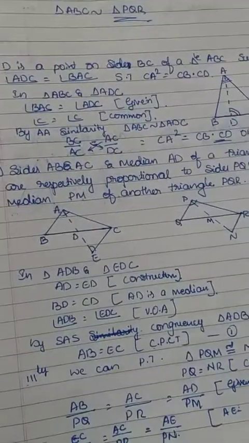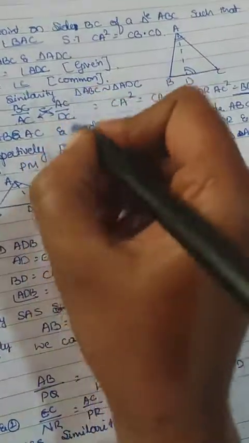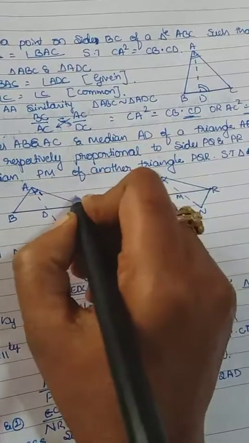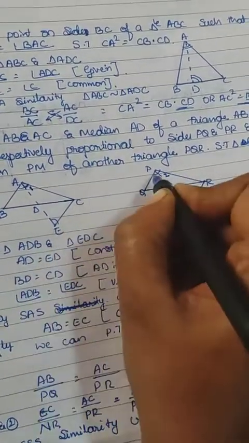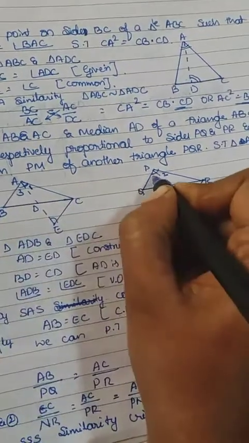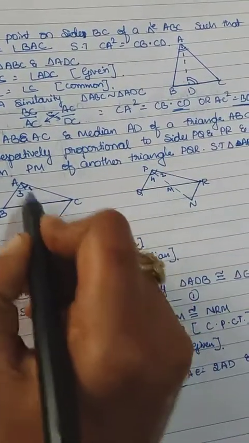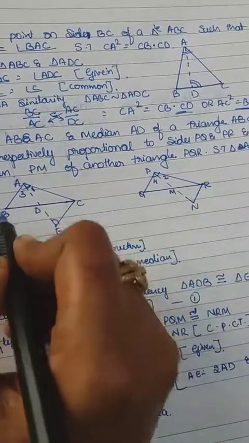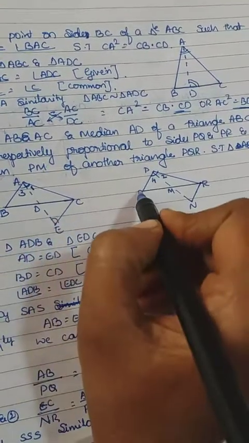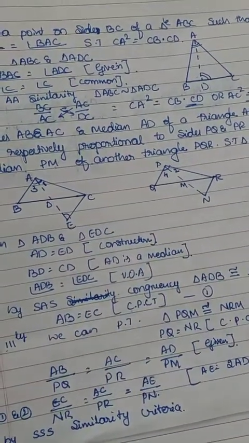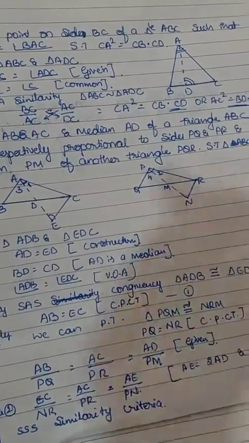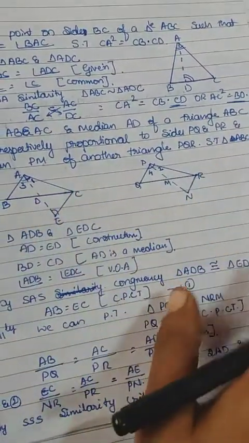And also angle 1, here we have to take these angles. Consider this angle should be 1, because they are proportional, and 2, and this is 3, and this is 4. Which angles, I'll tell you: DAC and MPR, then BAD, then QPM, these angles. So here angle 1 equal to angle 2 we can take, and angle 3 equal to angle 4 we can take.